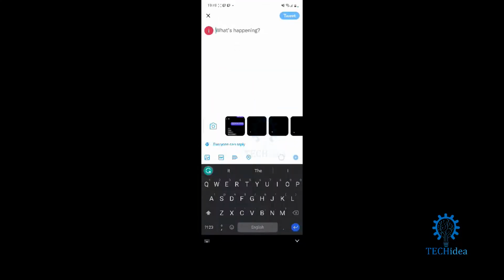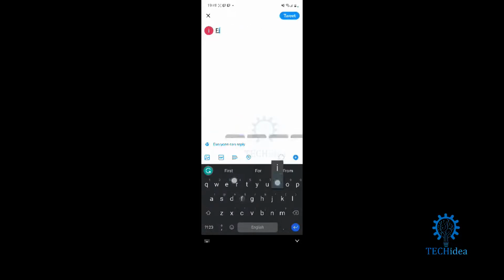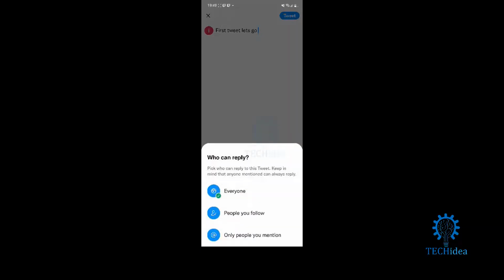Once I press on plus, over here we can add photos, GIF, and tweet. I just want to write a tweet, so I'm just gonna do something like first tweet, let's go. Alright, and then over here we can select on who can reply. Everyone, people that follow you, only